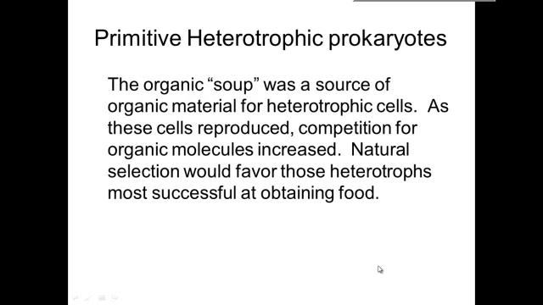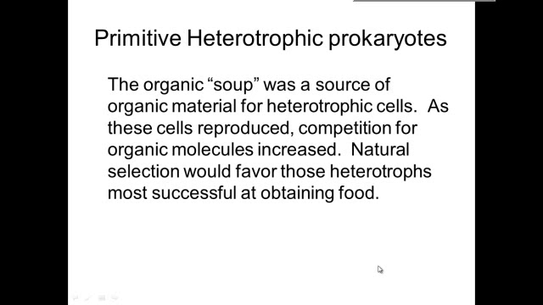What they think probably happened is that the first bacteria that evolved, before they became photosynthetic, would compete with each other to eat the organic molecules that were being created in the oceans. And so there was natural selection going on. The bacteria that were faster and could find those organic molecules better ate, reproduced more successfully, and outcompeted the ones that didn't. And so you had some selection going on.